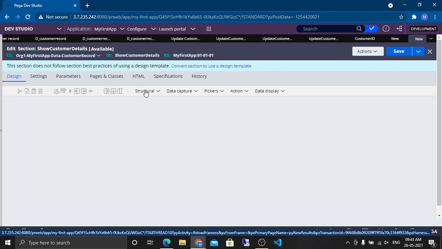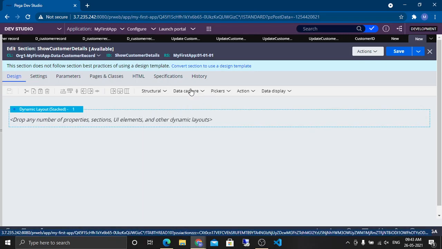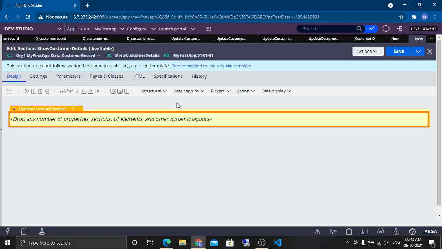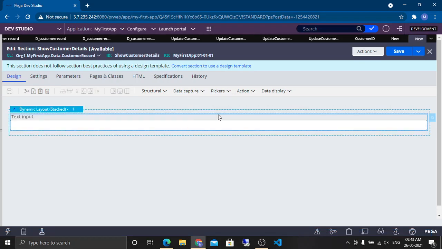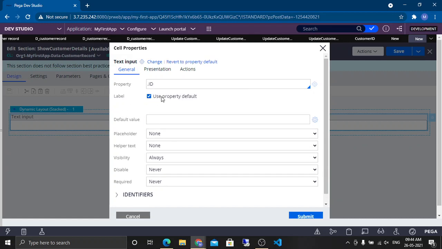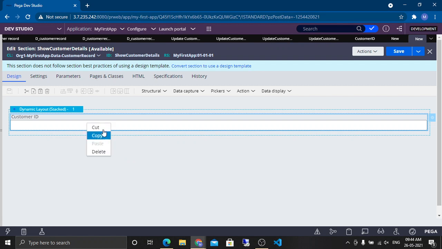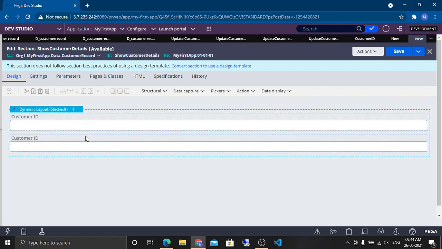Let's quickly add some properties. I will add maybe ID, I want to show. Okay. If I double click, put ID. As a label, let's keep it as Customer ID. Apologies for the background noise. Okay, this I want to show. After that, I want to show whatever we have.